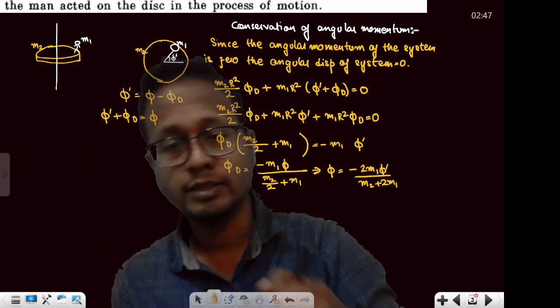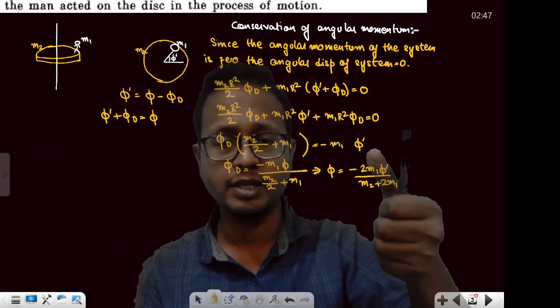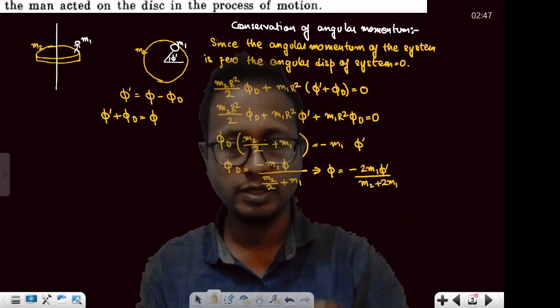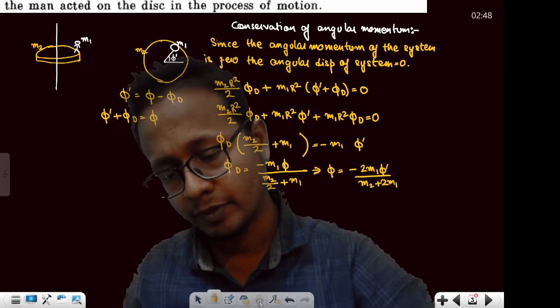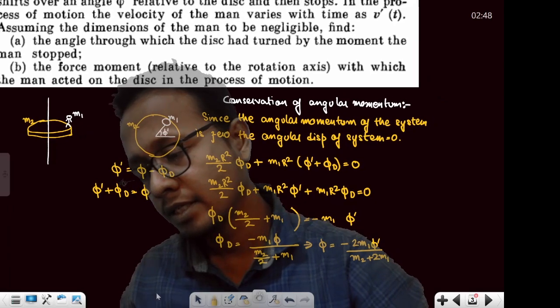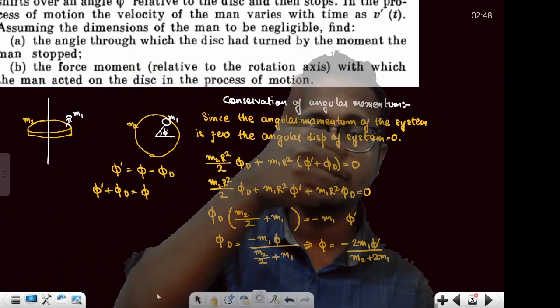Okay, see, this dash that I gave out here, I forgot it when I shifted this side. So don't make those kind of silly mistakes. Now the second part of the question is asking the force moment related to the rotation axis